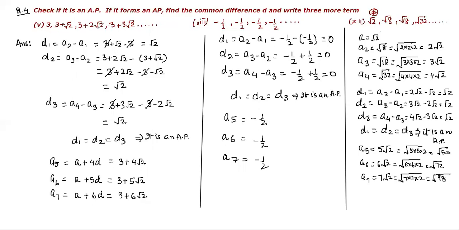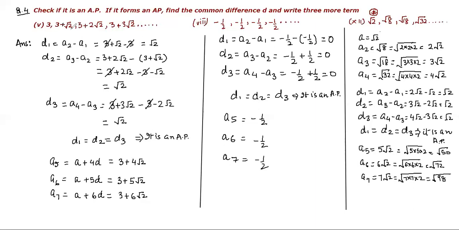जितनी terms दी गई हैं उसमें जितने D possible हैं आप वो सारे D निकाल करके देखेंगे. सभी D equal आने चाहिए. So d_1 is equal to a_2 minus a_1. a_2 is 3 plus root 2, square root 2. उसमें से subtract कर दिया आपने a_1, that is minus 3. And you got that this is equal to square root 2.